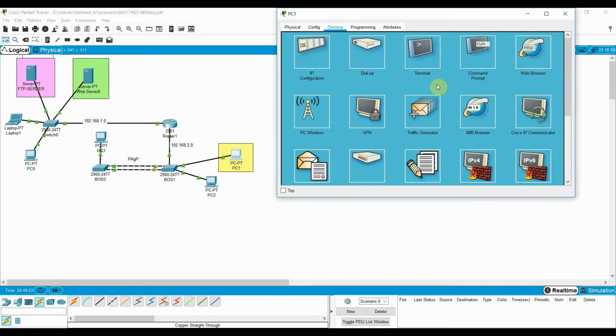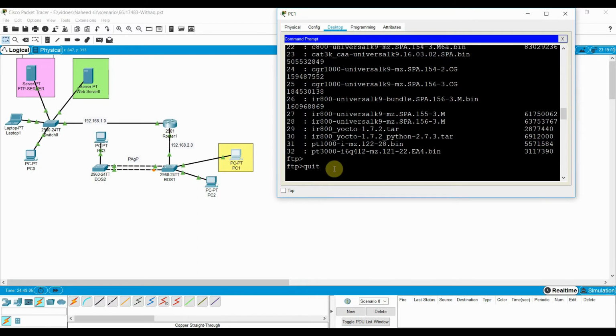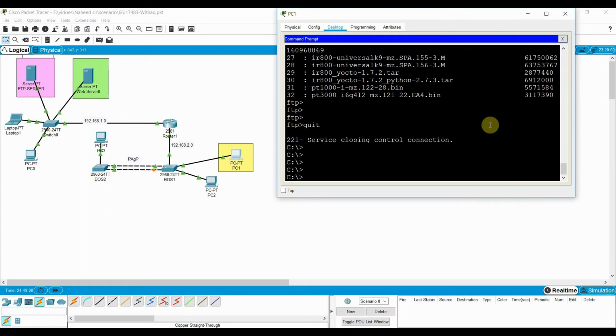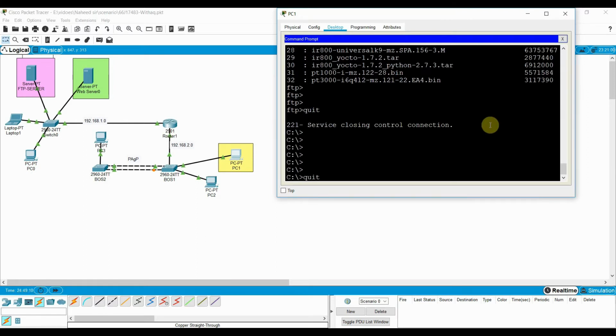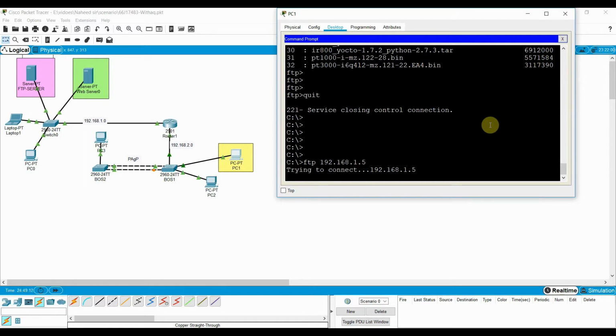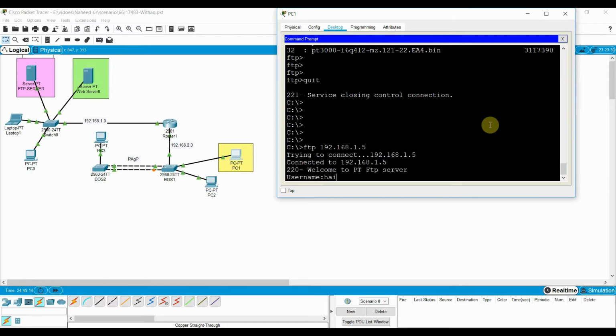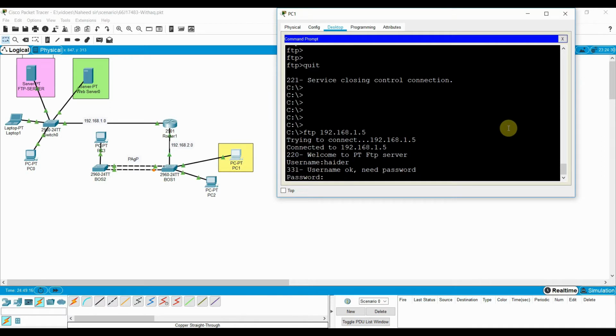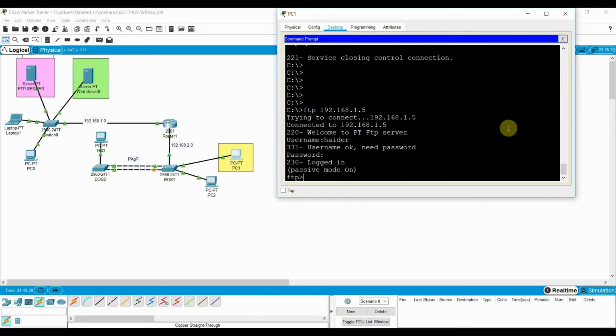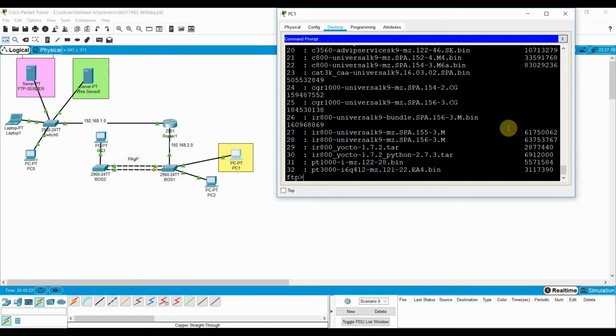Now I need to access the FTP services, and you can see we can access the FTP as well.